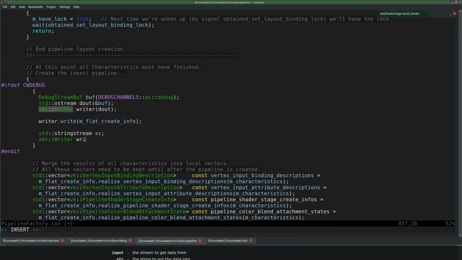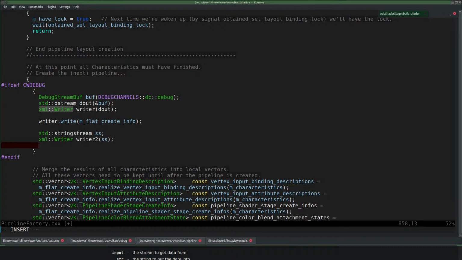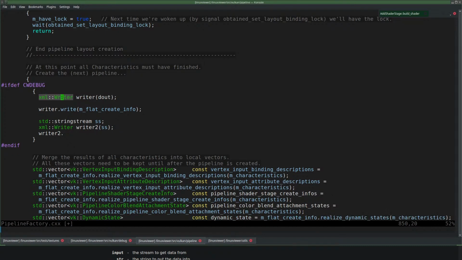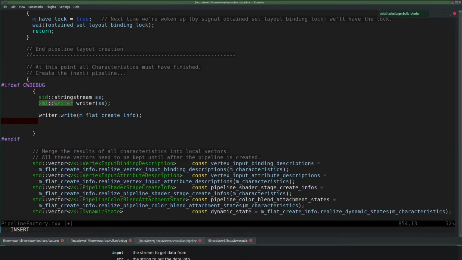Let's just do it twice. Yeah, forget about the debug stream buff. Just write to a string stream. And then we can show that.